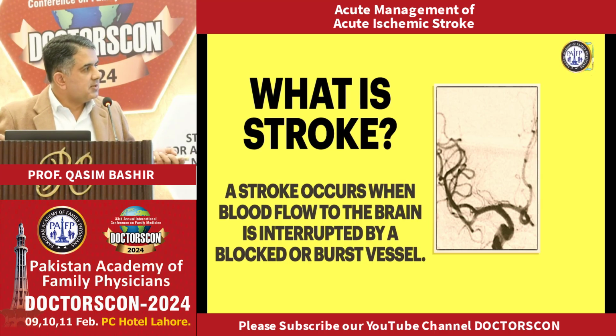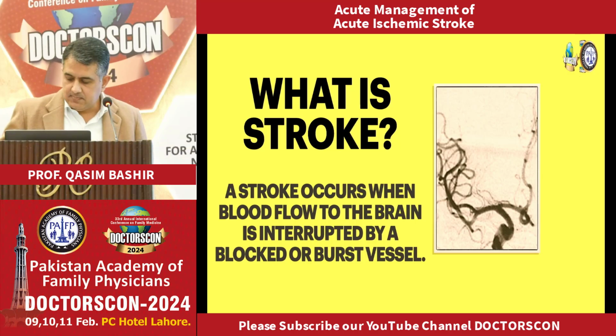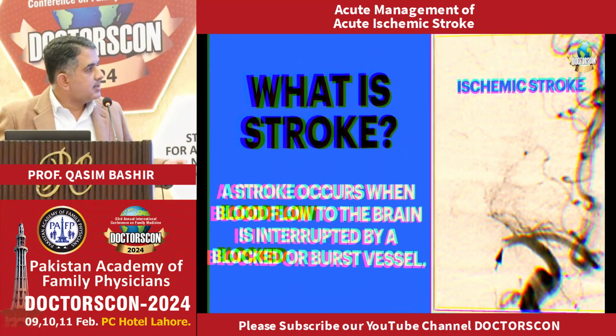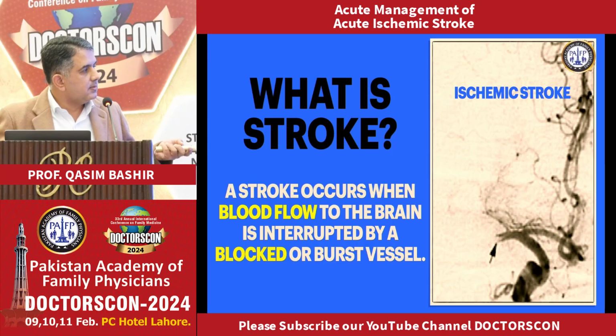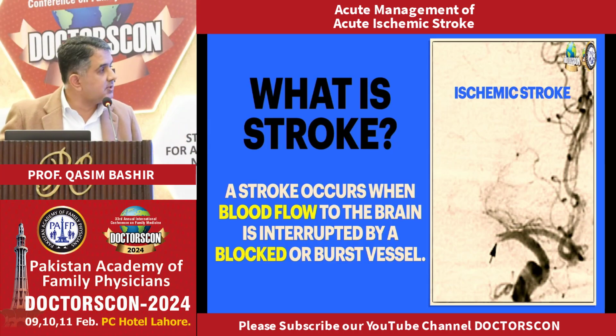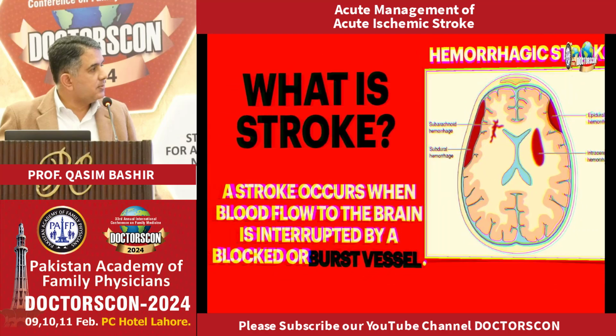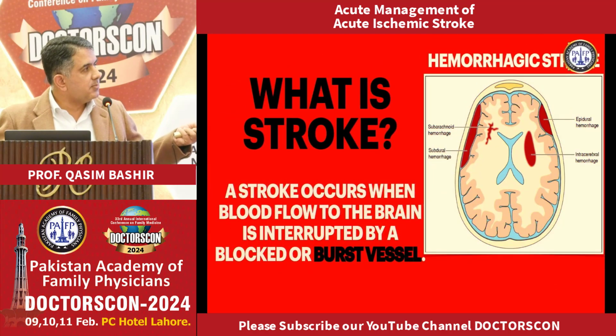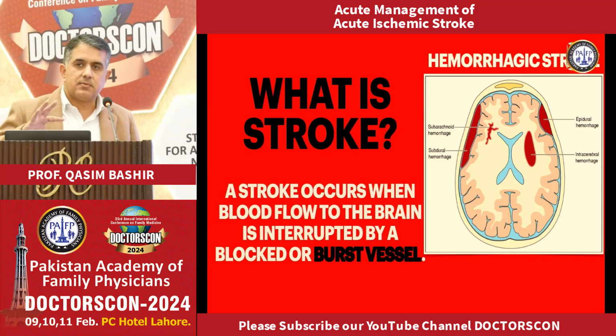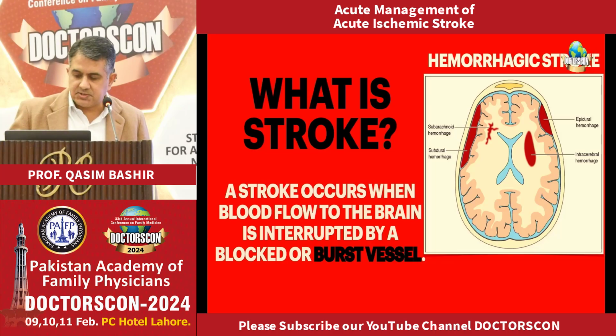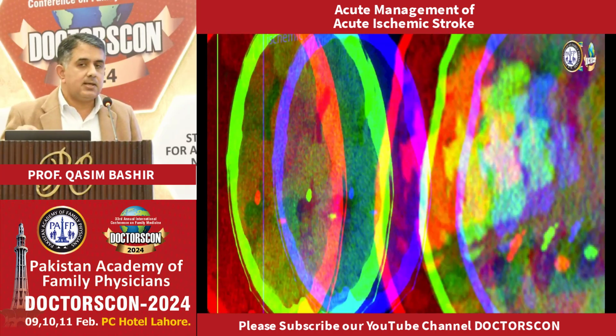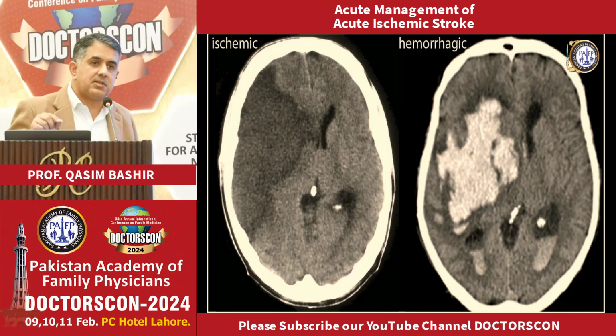So this is a typical vessel that we see on a DSA angiography. And so if there's a clot, the whole vessel shuts down, so that's an ischemic stroke. And if it ruptures, you can have different types of hemorrhages. You can have subarachnoid, subdurals, intraparenchymal hemorrhages, epidural hemorrhages. So there are different types of hemorrhages, but the only thing that will differentiate between a hemorrhage and ischemia is